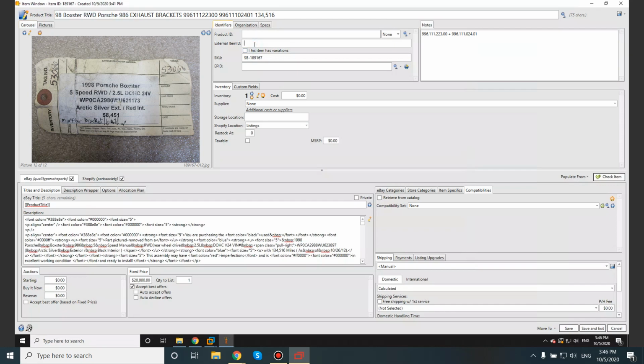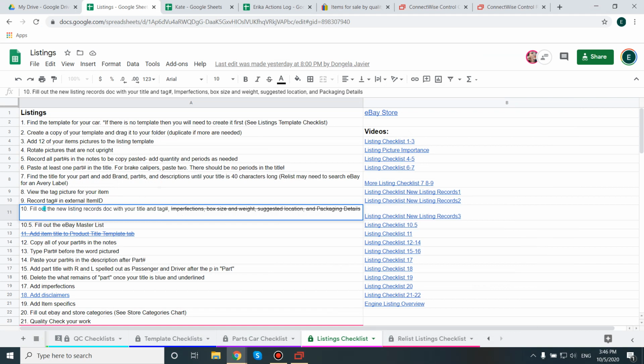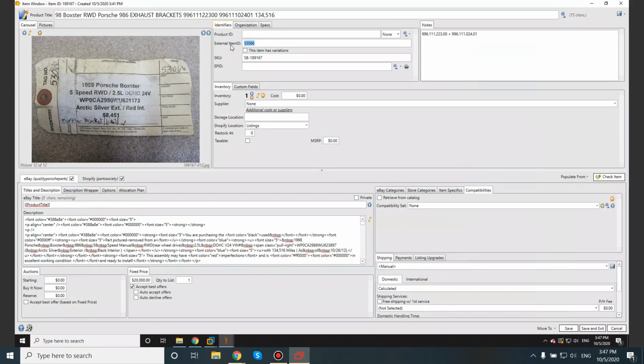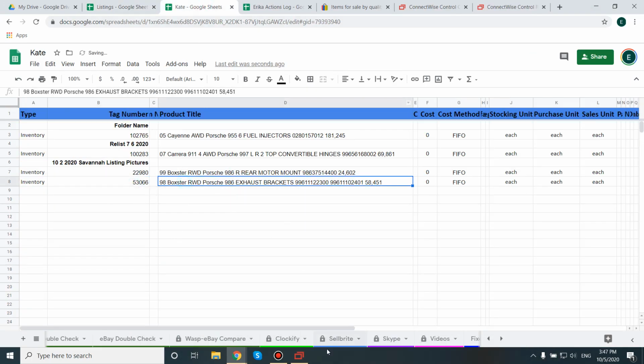For our external item ID, it's 53066. And then we are going to, what's the next step? Fill out the listing records document. So we're going to copy this number that we just typed and verified it is correct. And then we're going to go to our listing records and paste it, and I've already done that here, but